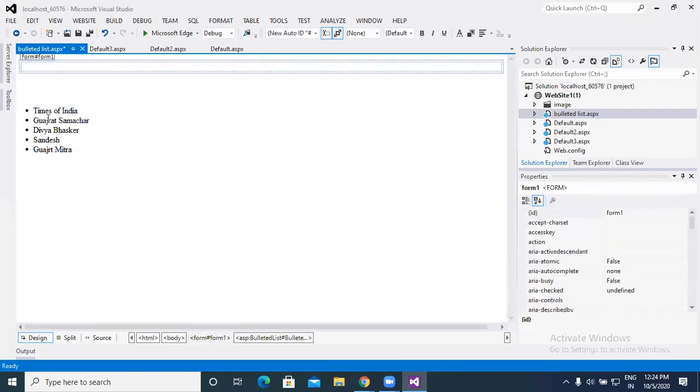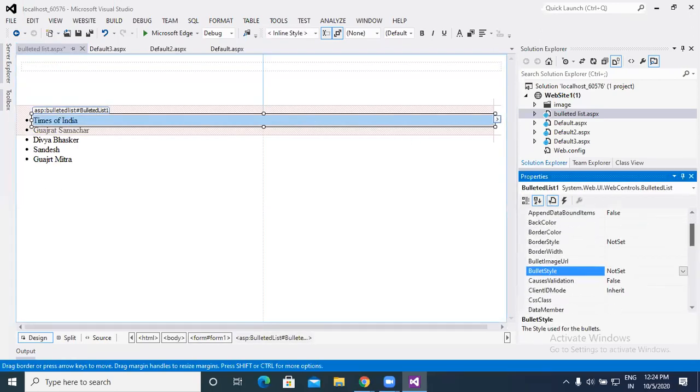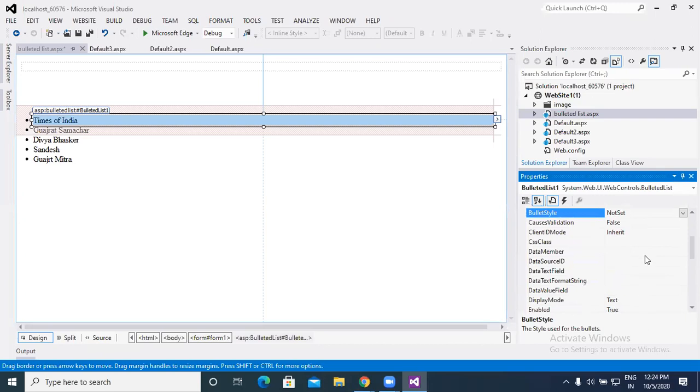Also, we can set the bullet with the help of number, that is a style of it. For example, if you wish to go with number, it is displayed with a number prefix before the text. Lower alphabet, upper alphabet are there.